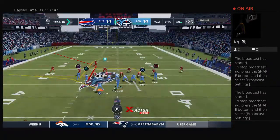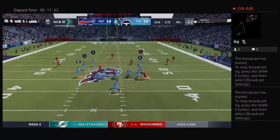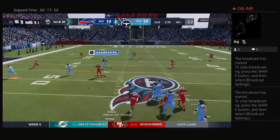He didn't overthink it. Understands the catch radius, understands that he knows how to use his body to keep defenders away from the ball, and puts it right out there for the...